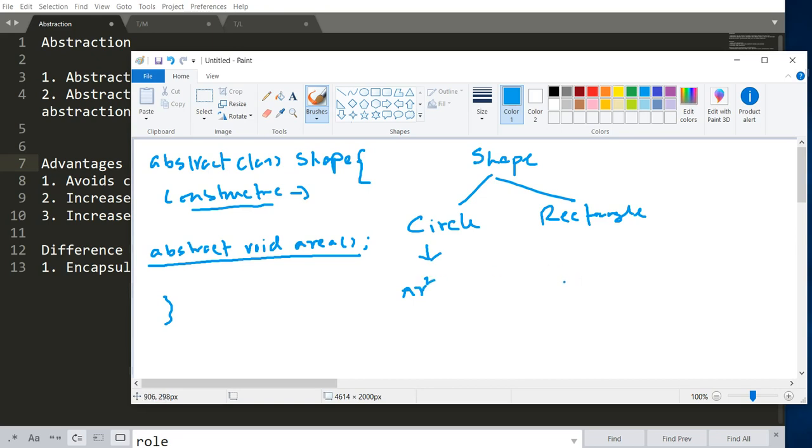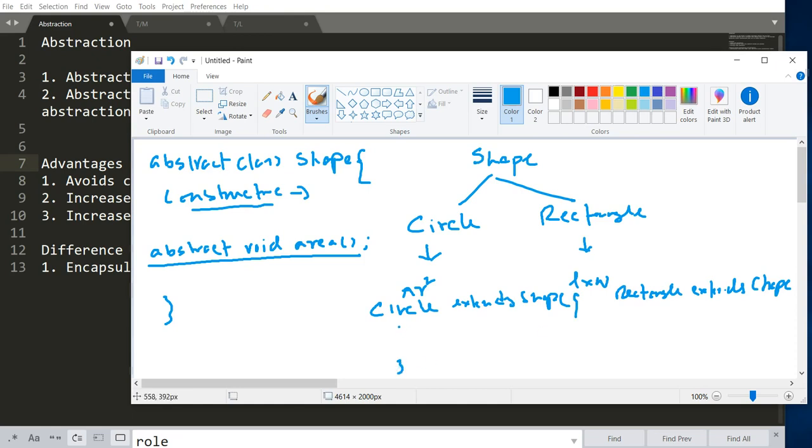On the other hand, the rectangle area implementation is length times width. So that means when we write this class, Circle extends Shape and Rectangle extends Shape,